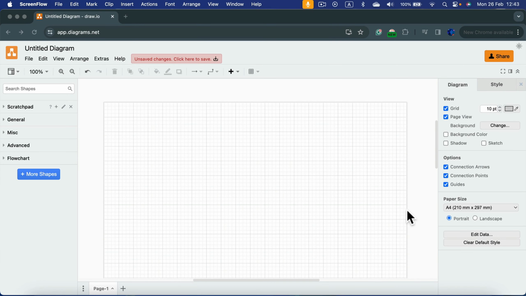Draw.io is a great open source diagramming software. Let me show you how we can insert new tables and also how we can insert new rows into existing tables. As you may know already, there's a proper table tool over here in the bar at the top